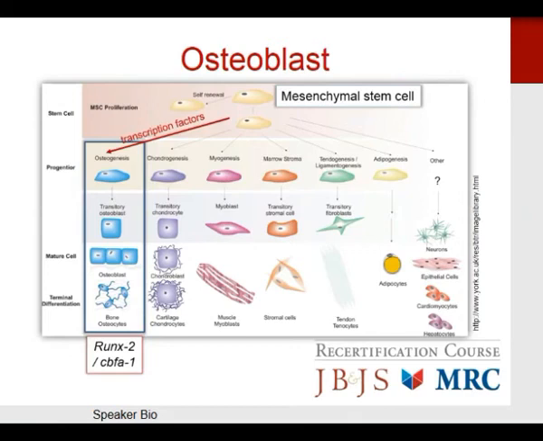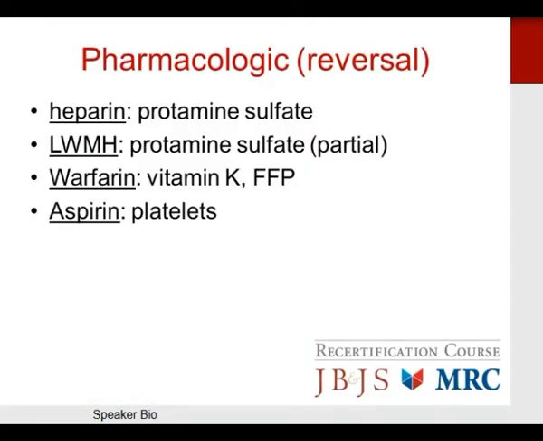These block factor Xa on the clotting cascade. These agents all have a reversal agent. Heparin has protamine sulfate. It can be administered to someone who's over-anticoagulated on heparin. For low molecular weight heparin, protamine sulfate can also be used, but does not have as strong a function as it